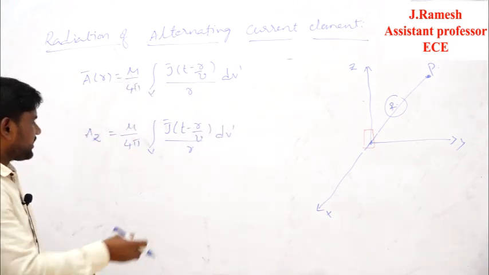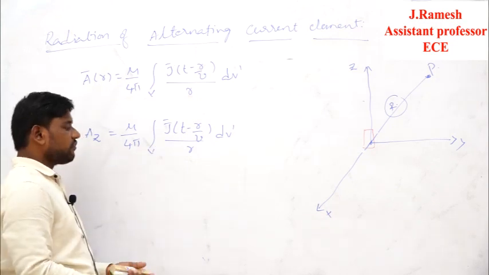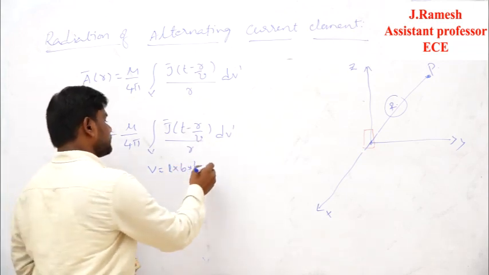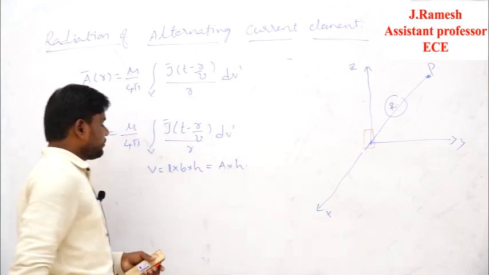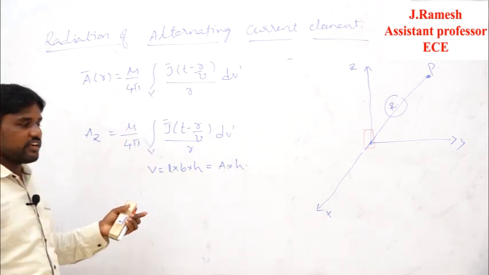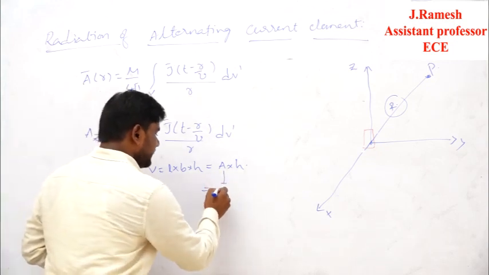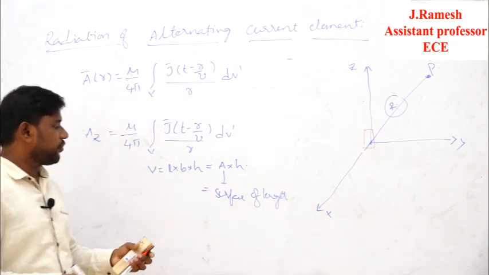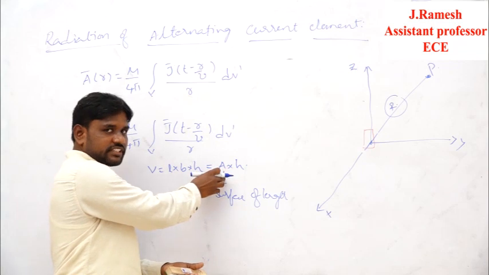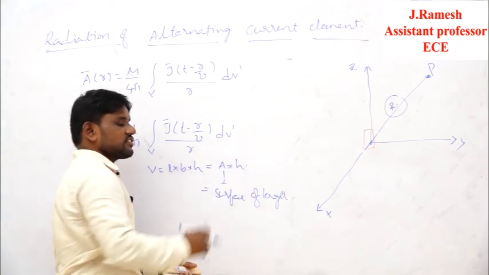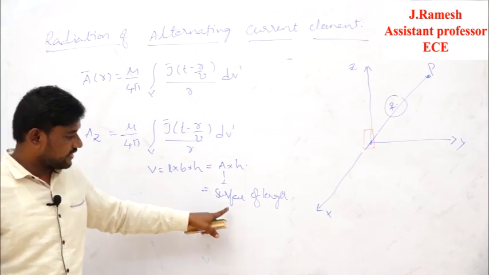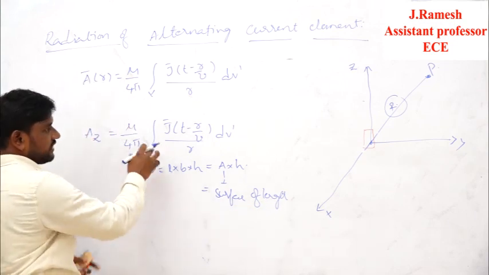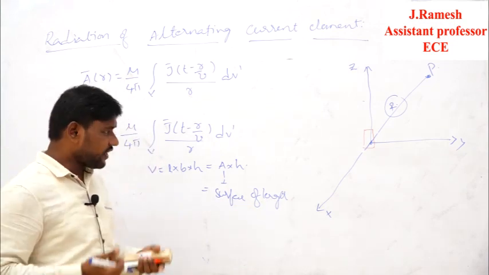Now, we know that this is a complete volume integral. So, what is the meaning of volume? Volume is equal to length into breadth into height, or otherwise you can also say area into height. So now, the entire volume integral I am going to convert into a surface integral and a length integral. That means first I am going to do the integration for the surface area, then I will go for the integration for the length. Now the entire volume you can write in terms of the surface integral and the length integral.